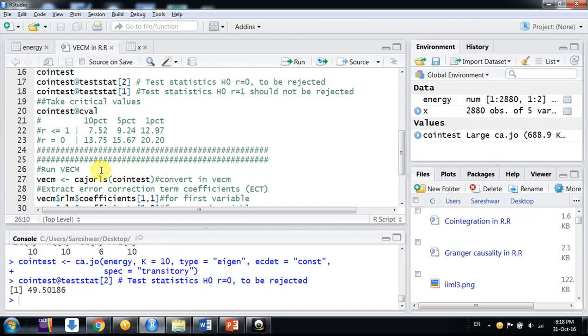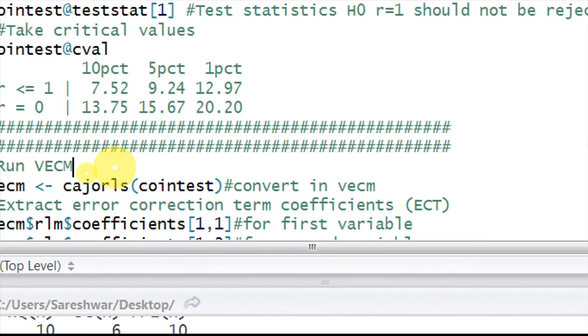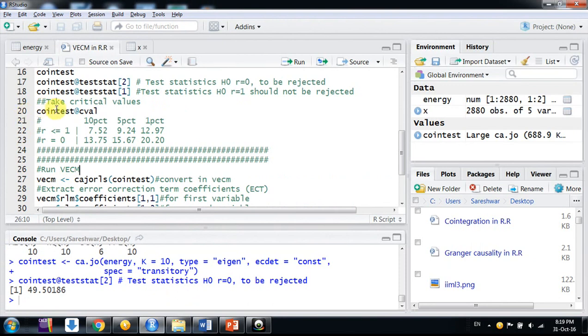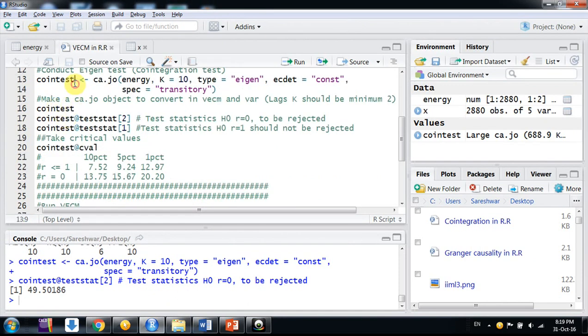Now we move to estimate the vector error correction model. Here the command is cajorls. This is the command by which we can convert the variable we created earlier for the Johansen test.